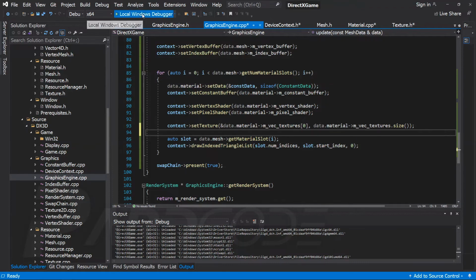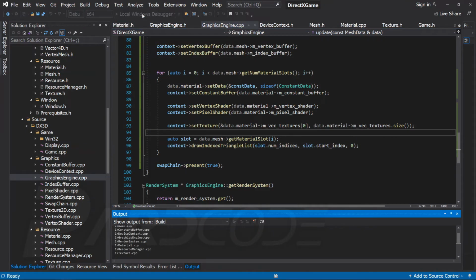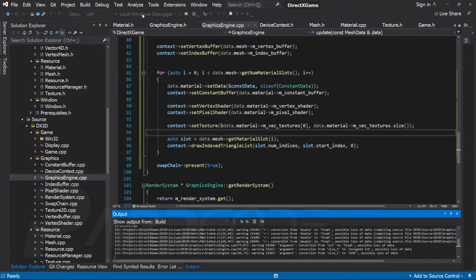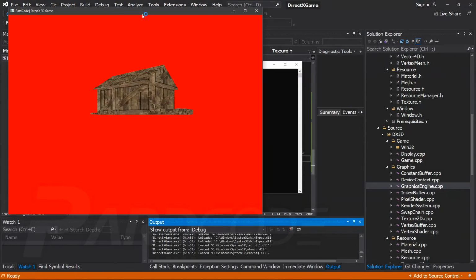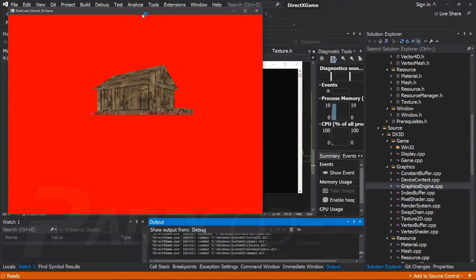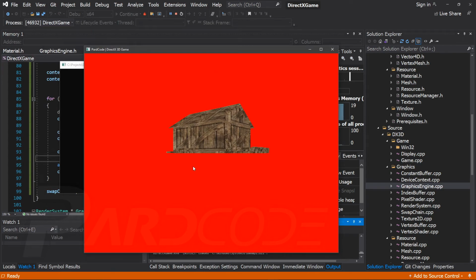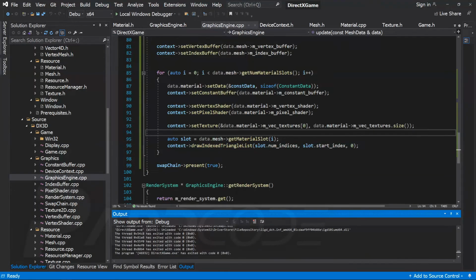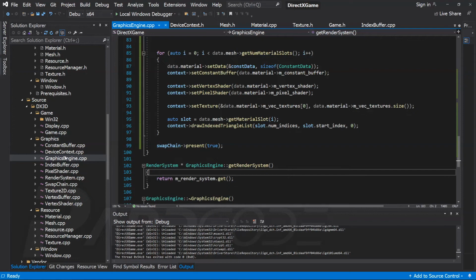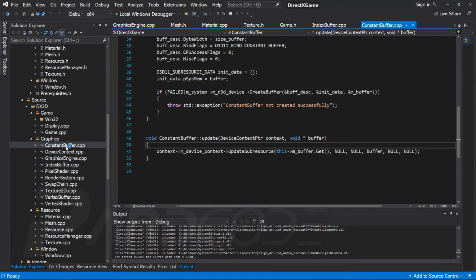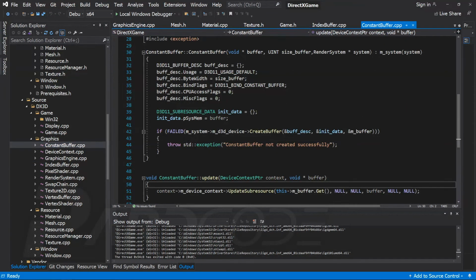For now, let's try to see if it works. And it works! What's the next step to do? Well, let's go to the constant buffer C++ file, and here we could start to replace all the occurrences of the